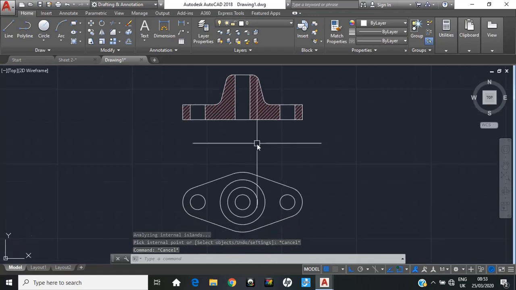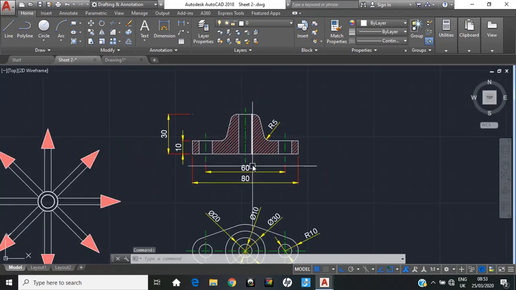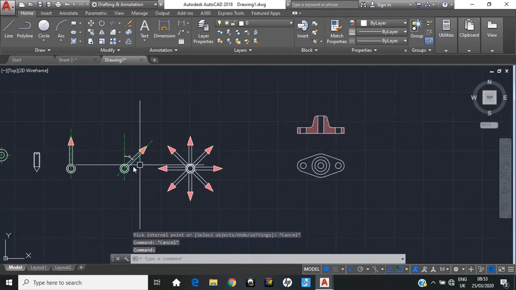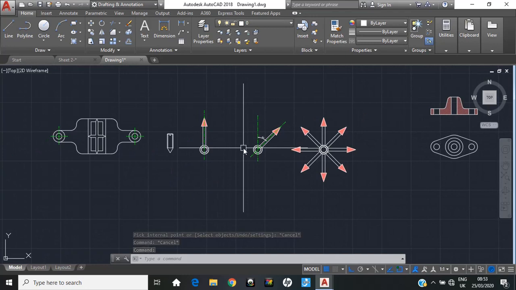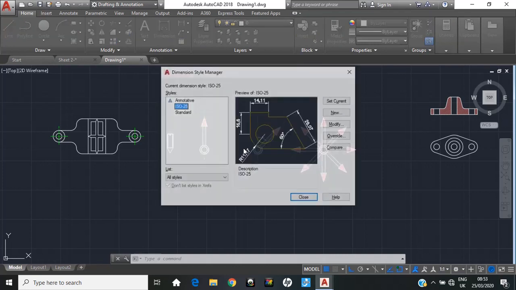So this figure, the final figure, is also completed now. Only we have to make dotted lines and the dimensions. Let me show you once again how to set the dimensions. For that, first you have to do certain settings for the dimensions. Just press D for dimension style, D, enter,